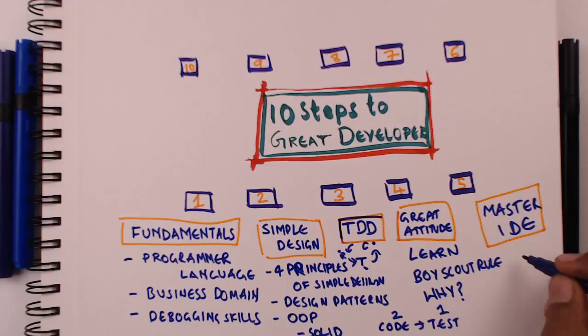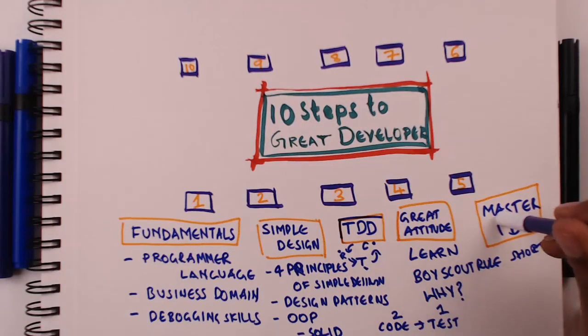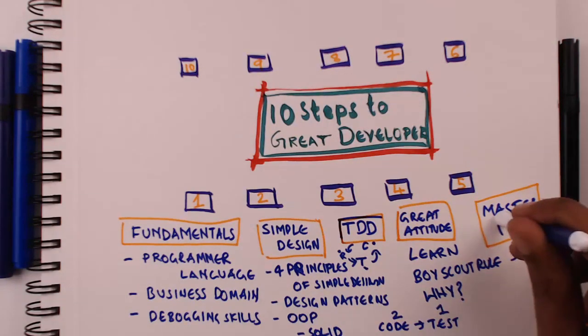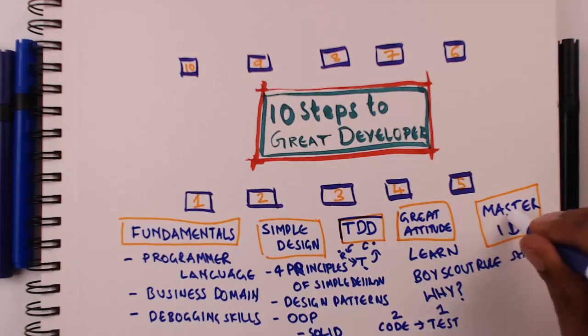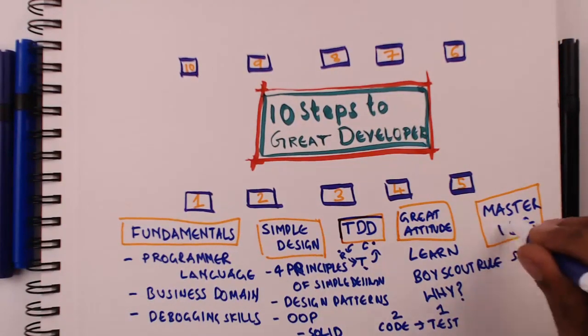Try and do everything with your keyboard and try and understand how to do things in a lesser number of steps with your IDE. So focus on your IDE. If you are not a master at your IDE, this is one thing you can really start with to improve your productivity right away. Start mastering your IDE and you'll see that you'll really save hours and hours of your time over a long period of time.